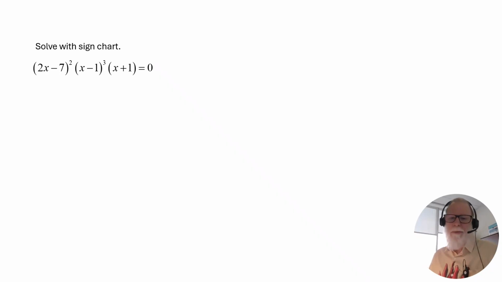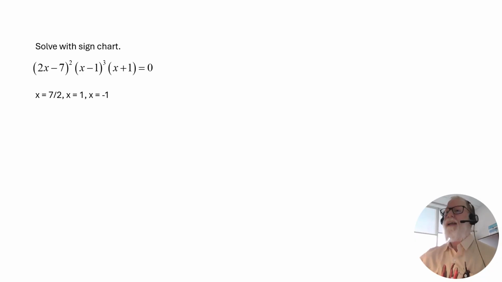Remember, you're supposed to know how to graph. If you just want to graph this one, that's 2 questions on the test you got just by graphing a polynomial. So whatever way you want to do it is fine. All right, so we need to determine the critical values. It's already in factor form, so just the